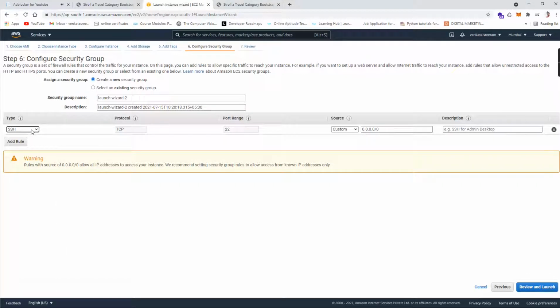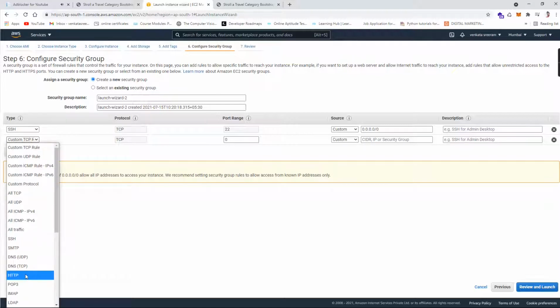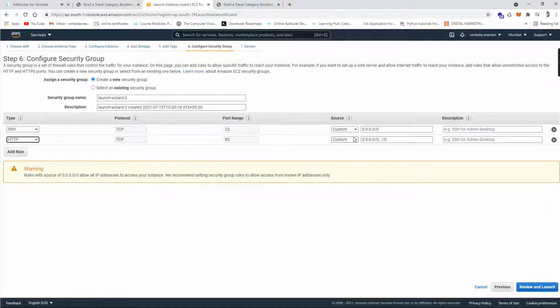The SSH protocol enables you to configure the Linux settings. But since we are publishing our website in the cloud, we also need the HTTP protocol in order to see the web page. So let me add the HTTP protocol, and the source will be anywhere.